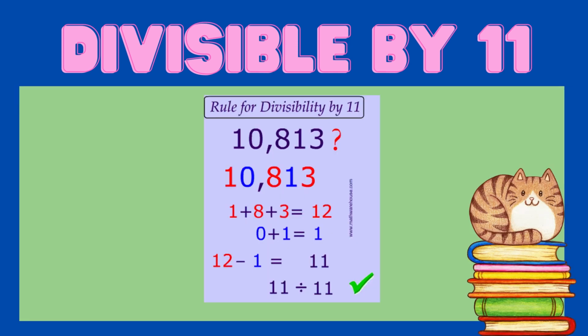Another example, divisible by 11, 10,813. So, ang ating odd places is 1, 8, 3. 1 plus 8 plus 3 is equal to 12. Ang ating even places is 0 at 1. So, 0 plus 1 is equal to 1. Kapag sinasubtract natin ang odd places and even places, 12 minus 1 is equal to 11. 11 is divisible by 11. Next,